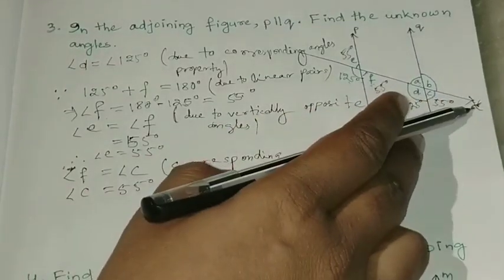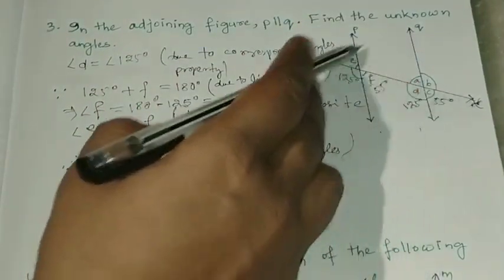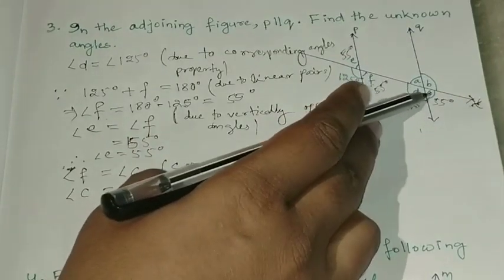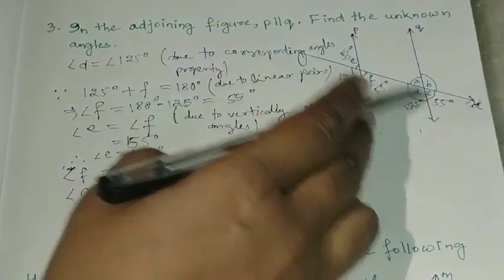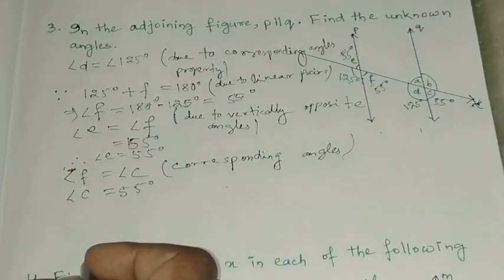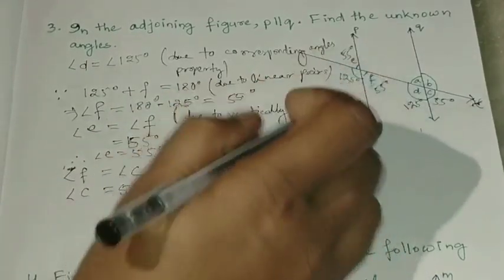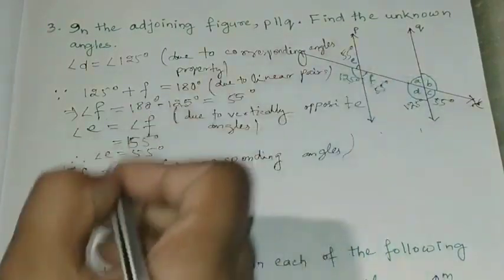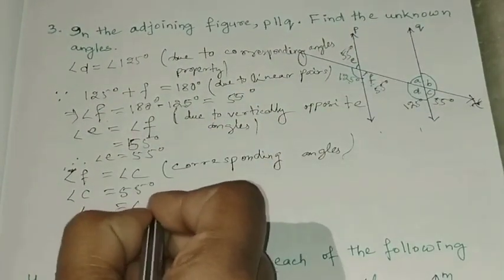Now look at here in T and Q. Here T and Q are two lines, and we can find out the vertically opposite angles. Angle D equal to angle B, angle C equal to angle A. So you can write it like this, or you can write it like this also. Angle F equal to angle A, or angle A equal to angle F.